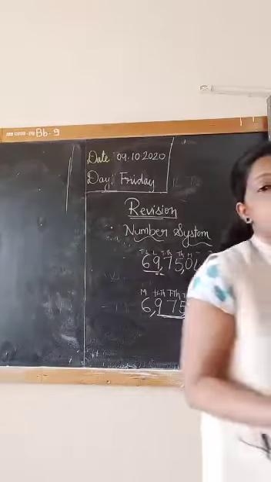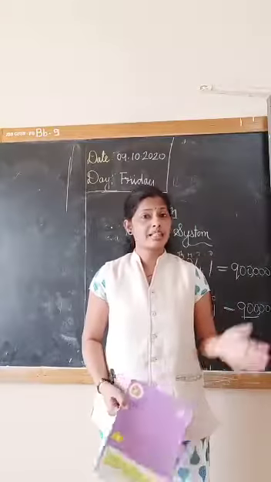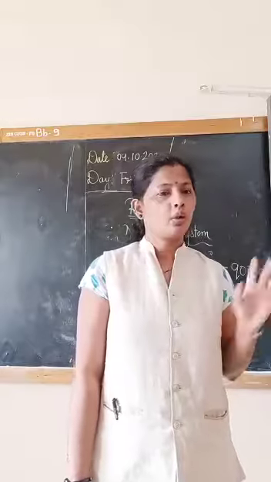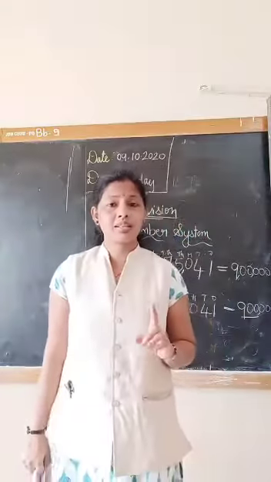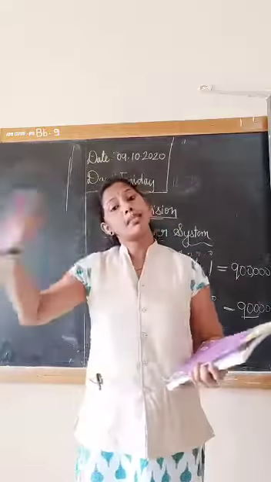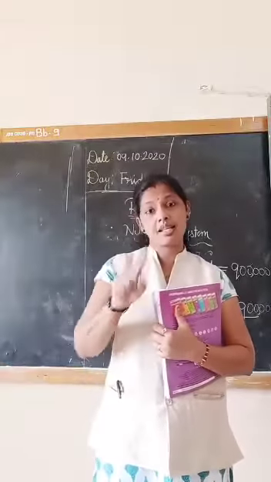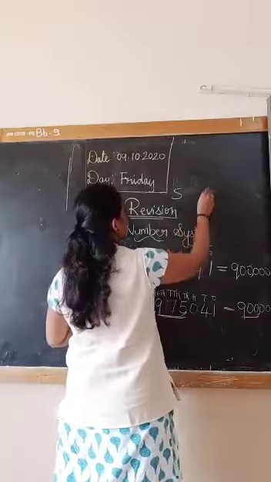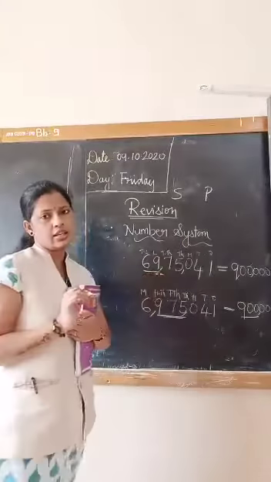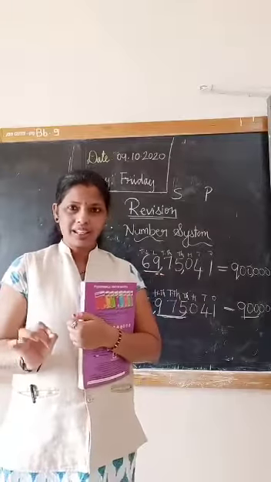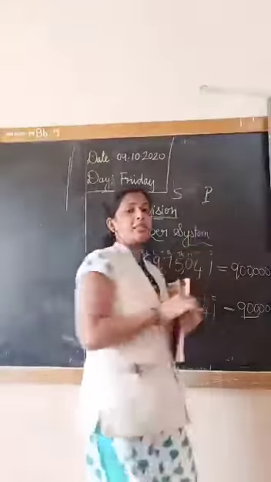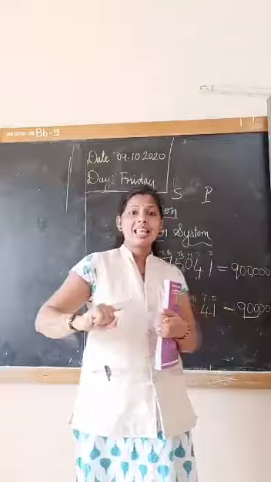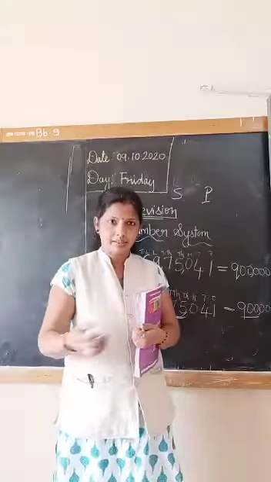And then what else have you learned about the successor and predecessor? That was the review of your third standard. Not about this chapter, but still you should know. Successor means the number that comes next. Now, successor and predecessor: what comes first in the English alphabet? P comes first. So, predecessor means first, the number that comes before. S comes after. So, the number after.